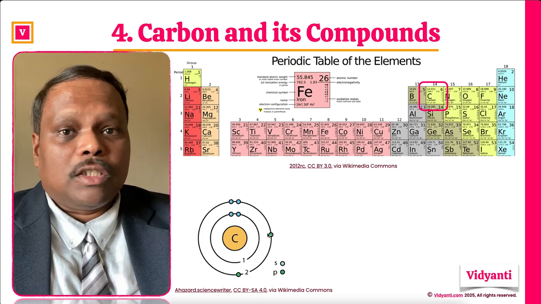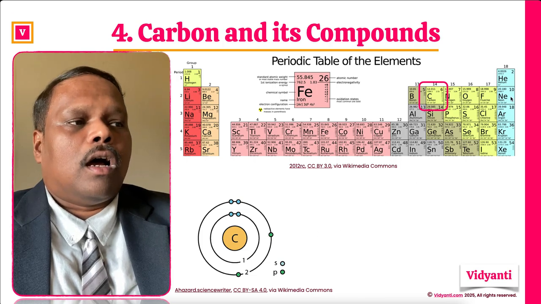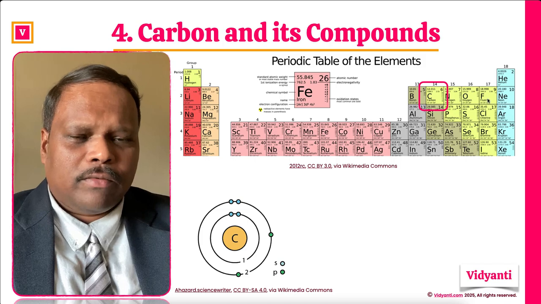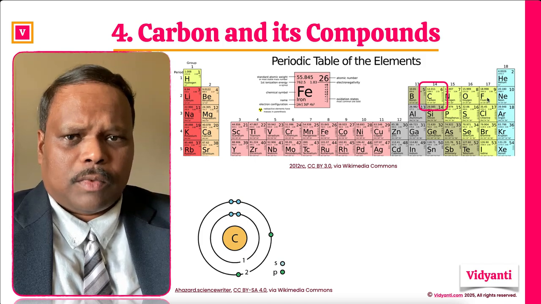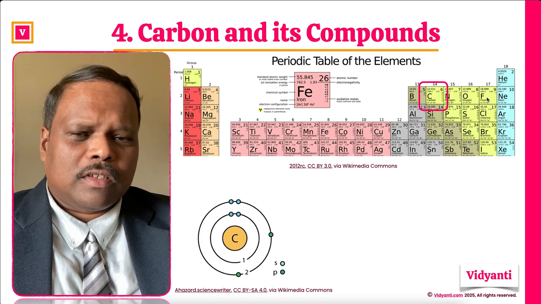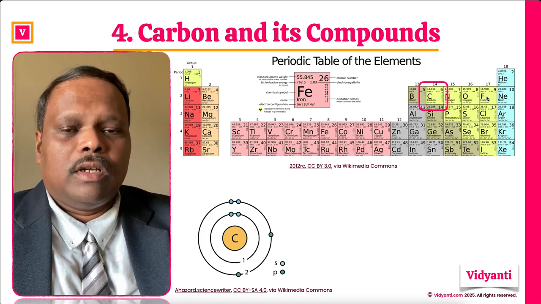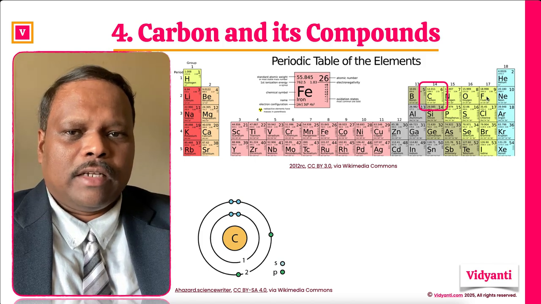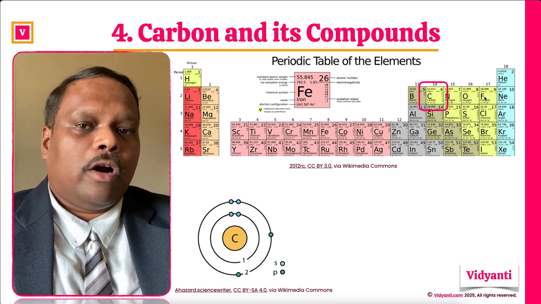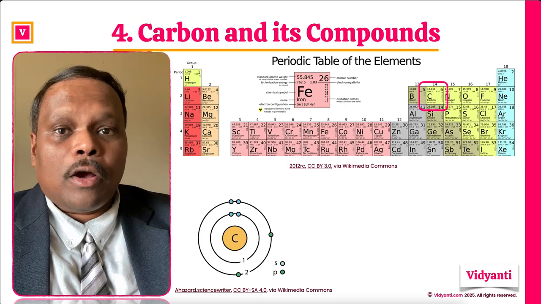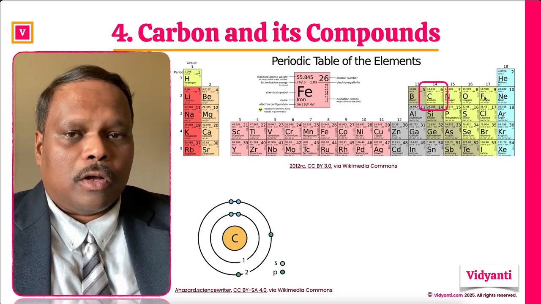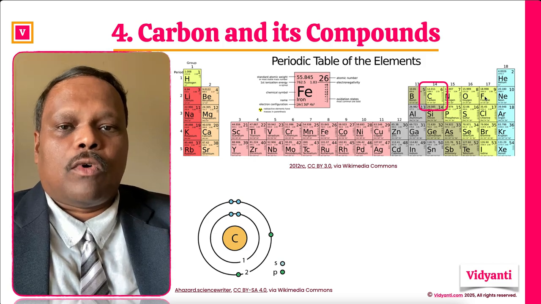In order to reach the stable octet state, carbon can lose 4 electrons, which is kind of difficult, or at the same time it can gain 4 electrons. Both things are theoretically possible, but not practically observed very well. Instead, it does something extraordinary. Instead of forming an ionic bond, which is typically formed by gaining or losing electrons, carbon forms covalent bonds,